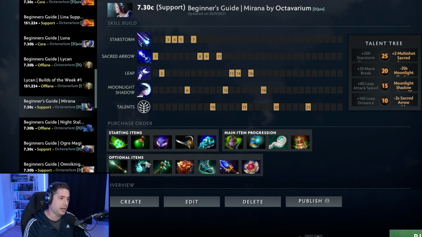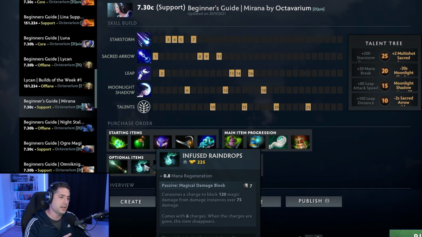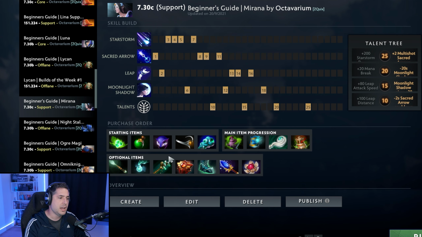With regards to optional items, she really benefits from Infused Raindrops. Not only do you want the added survivability, because she is very squishy, but you want that mana regeneration, very beneficial. And then you have the usual Force Staff if you need it. But,